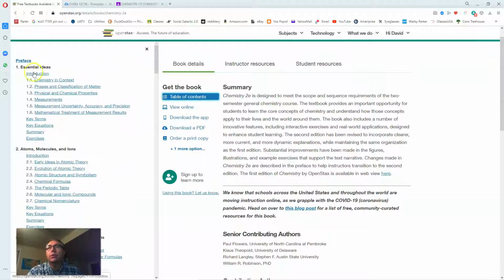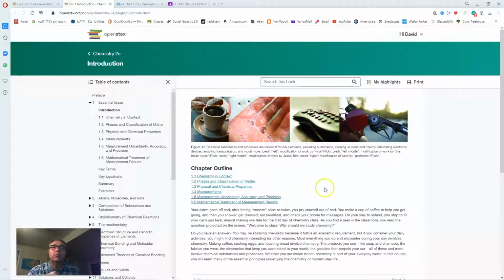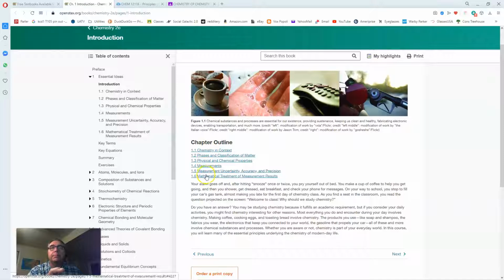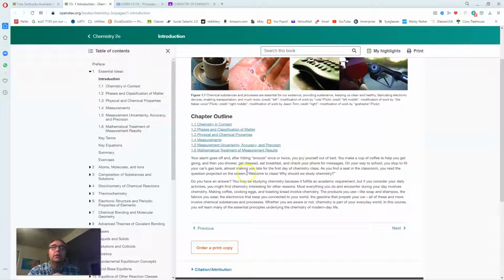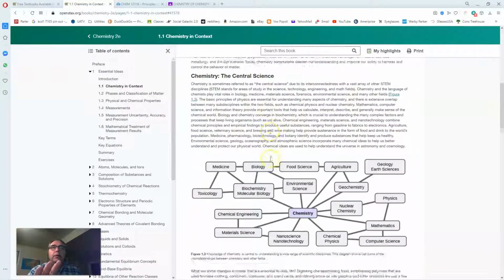And we, of course, are going to start in chapter 1, but let's take a look to see how this works. If we click here on Introduction on the left-hand side, over on the right-hand side, we get the introduction to chapter 1, and all of the different subsections. Right. Now what you see here on the right-hand side is the contents of each section. So if I go to section 1.1, chemistry in context, you'll see over here on the left that it's highlighted, and we could scroll down through the entire section,